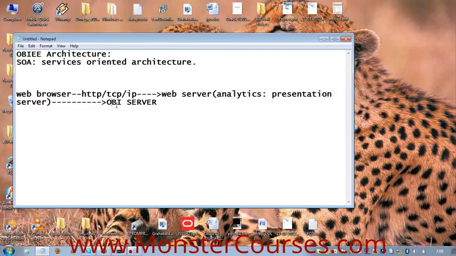The web server communicates with the Oracle BI server using a default ODBC driver. You know ODBC, Open Database Connectivity. It uses a default ODBC driver